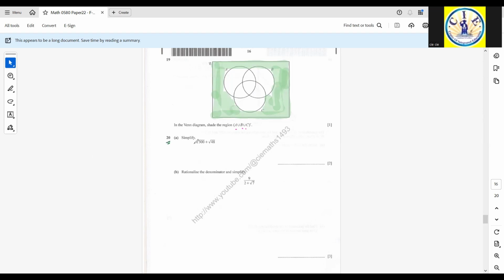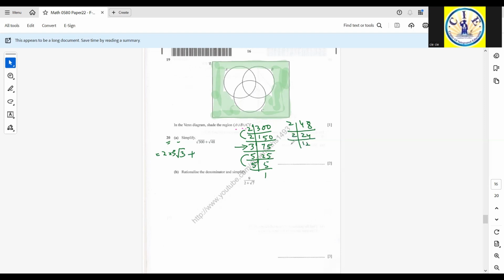Question number 20. Part A. Simplify. Square root of 300 plus square root of 48. Okay. Square root of 300 can be calculated as two 150s are, two 75s are, three 15s are, and then there is a one pair of two, so I can take it out outside this radical sign. One pair of five taken outside this radical sign, and a single three. So this is it. And then for 48,